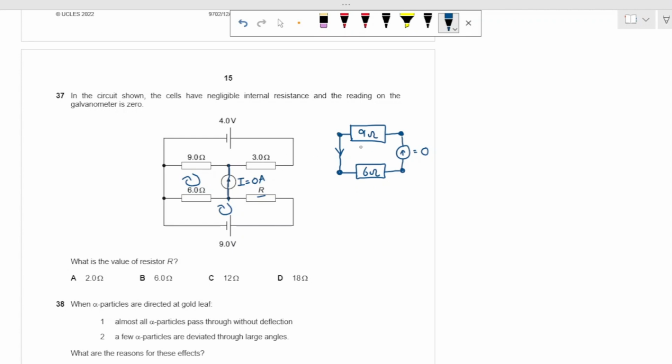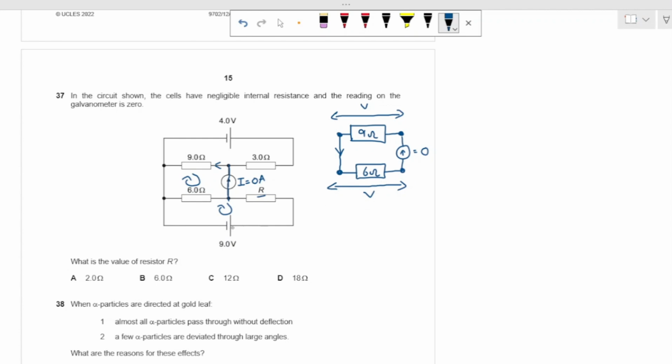So how can we start by finding the current that flows through this 9 ohm resistor? Well, we know 4 volts over here, and 3 ohms and 9 ohms are over here. We can use the ratio of the resistors over here to find the PD flowing through this first of all. And another thing to notice, the current in this is 0, which means that the potential difference across this 9 ohm resistor, which we'll name V, is equal to the potential difference across the 6 ohm resistor. And now you might say how? Well,